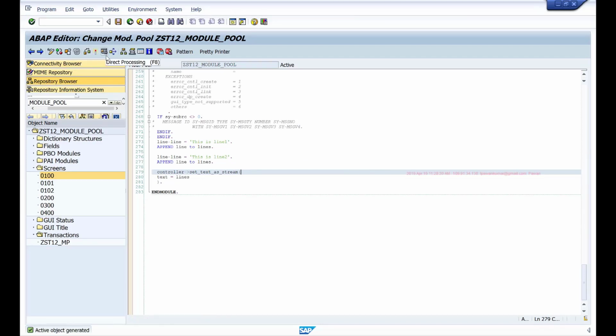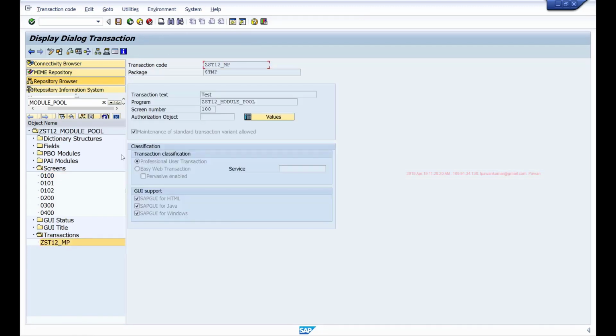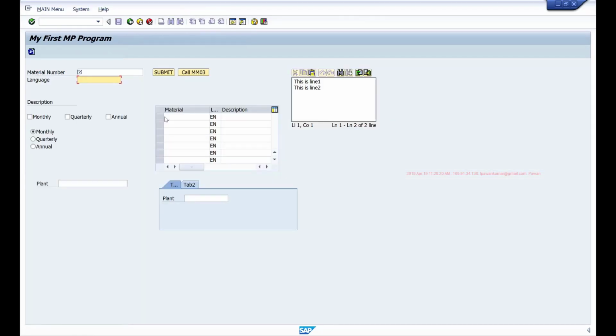Now if I run my transaction, you can see it is showing me this text controller as an editor where it is displaying both the lines. Okay, so this is loading in that container which we have defined. So like that you can create one container, and in that container you can load any of these things like text editor or a picture.